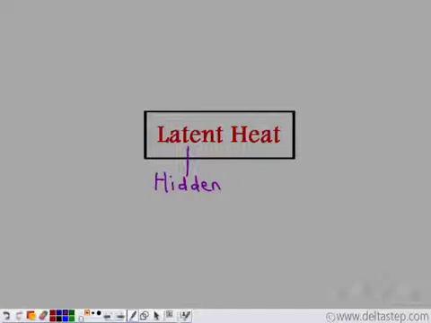So this is the heat which is hidden in the solid, that is in the ice. It is the entire amount of heat which is required for the change of state. So when the ice is changing into water, the temperature remains constant at 0 degrees Celsius till the entire ice changes into water. As soon as the entire ice changes into water, the temperature starts to rise again. So this heat, the latent heat or hidden heat, is the amount of heat which is required for the change of state. That is from the solid to the liquid state.